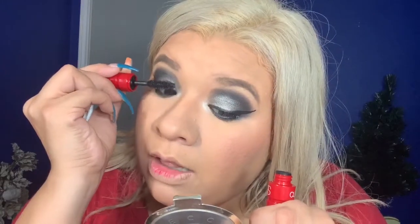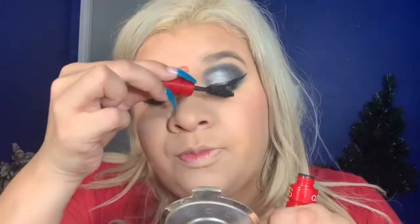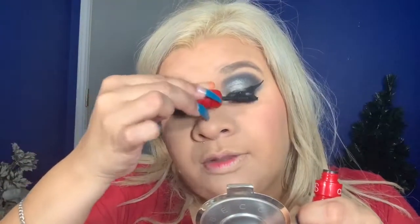So I bought this one at Sephora for $11. I know it's a little pricey for mascaras because I know for $11 you can buy a full size at the drugstore. But I really wanted to try this mascara before I spend 20-something on the big one. And yeah, so I'm just gonna do that, and then I'm gonna go ahead and apply a second layer